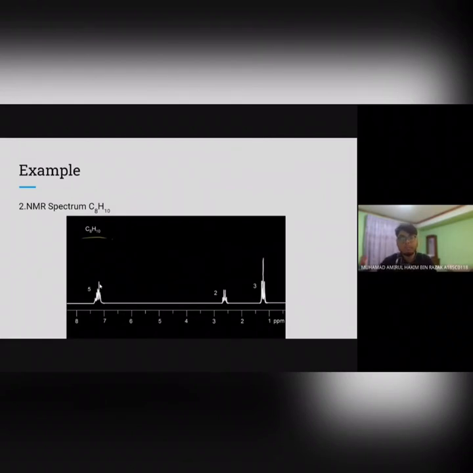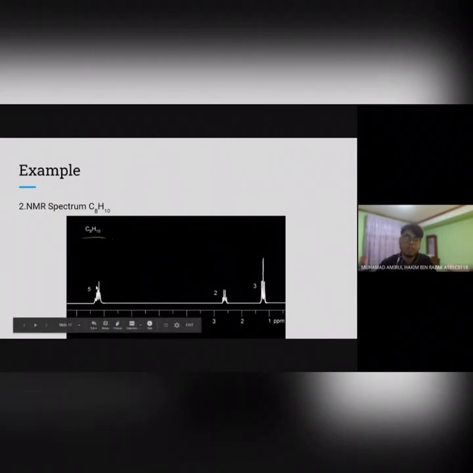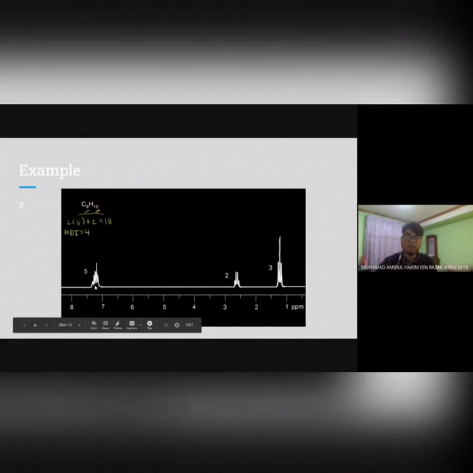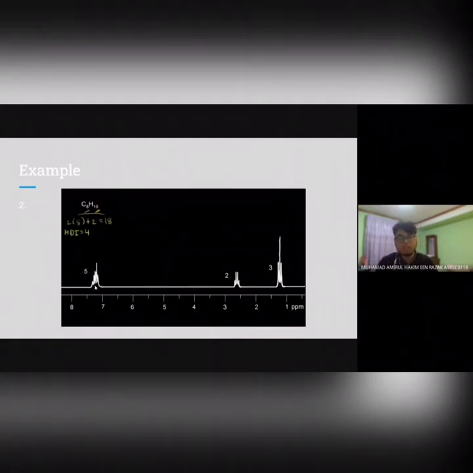Tapi yang contoh yang ni tak payah sebab apa? Signal yang ada dia terlalu kompleks. So sebab itu integration number bagi signal ataupun peak ni telah diberikan. Okay. So seterusnya, step yang pertama apabila kita ingin interpret spektrum atau data daripada NMR spektrum ni, kita kena